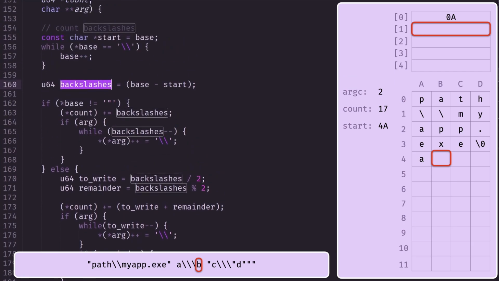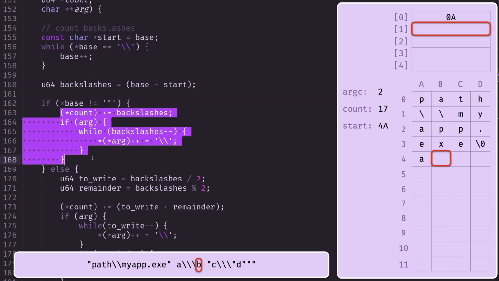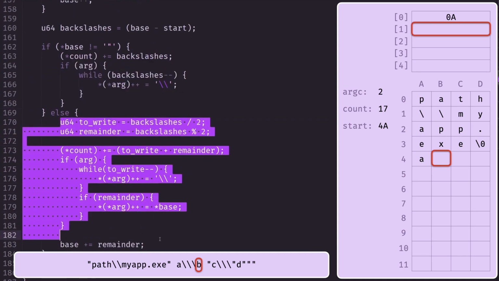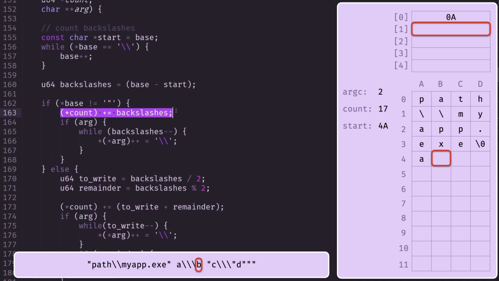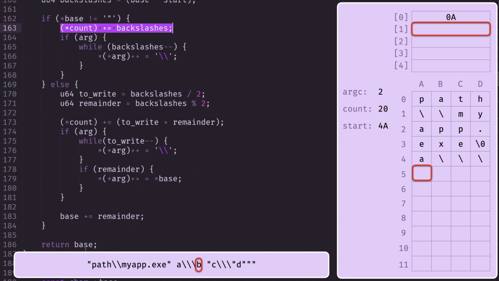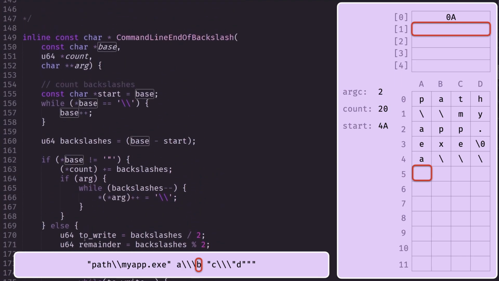And then depending on whatever the character is after the backslash, I need to account for special rules. So if it is not a quotation mark, I go into this branch. And if it would be a quotation mark, I go into this branch. But in our case here, it is just a B. So we're going into this branch right here, which basically means we're just leaving the backslashes as is and copying them. No special rules are applied. So I can just add the number of backslashes to the count, which is 3, and then I'm just going to write out the backslashes into the argument buffer. And then basically I'm just going to return the base pointer right here,